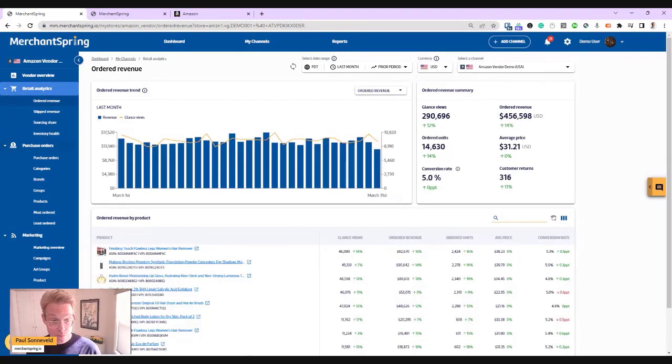It excludes the marketplace. It just includes the vendor side of Amazon, but it's the order going in, and all the data here is based on the day the order was placed. It gives you a great window in terms of what's the health of the underlying consumer demand for your products at a total level, including things like glance views, what's your average price, and how is all of that trending.